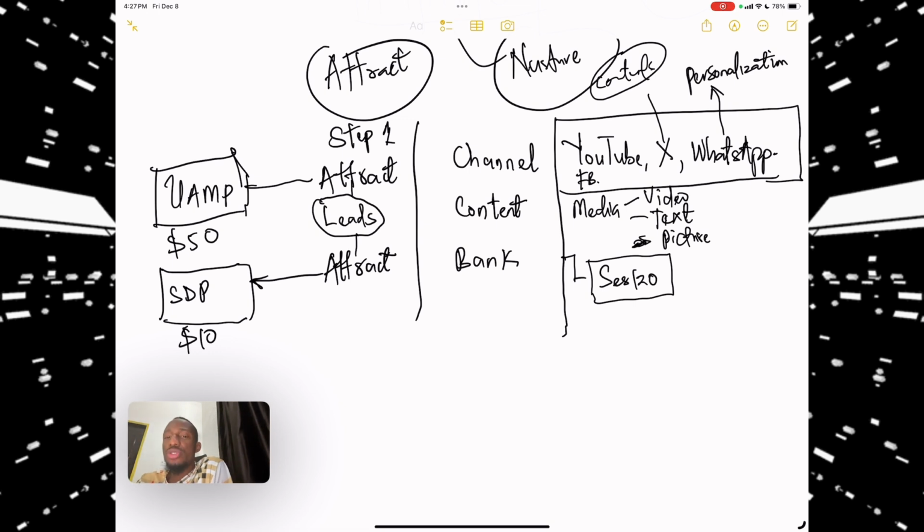So I tried to use different tools, but it became a problem because tomorrow I'm using this tool, and because they are not giving me everything I want I go to another platform, and I had a lot of platforms with my clients' and leads' information stored in different places. I couldn't harmonize them. I couldn't really organize it the way I wanted, not until I stumbled upon Serlzo. Now Serlzo helps me organize this information in leads, and it stays there for me. So right now I'm not worried about where my list is. Should I put it on a computer? Should I put it somewhere? It's already there.